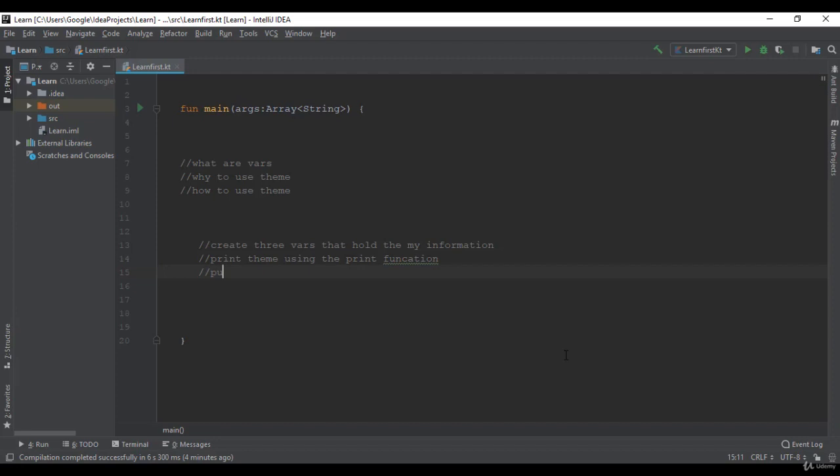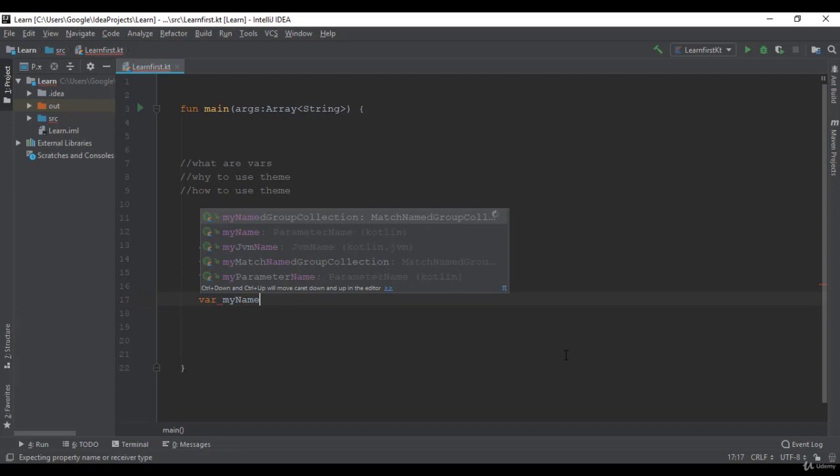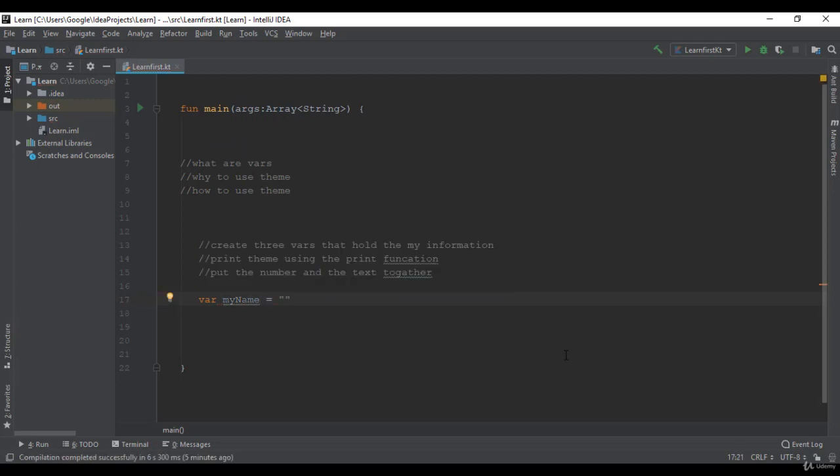Sorry for the spelling. Put the number and the text together. So let's see how we are gonna do it. What I'm gonna do first, as I said, create the first variable, which will be my name. I'm gonna assign it the value which is my name, for example,